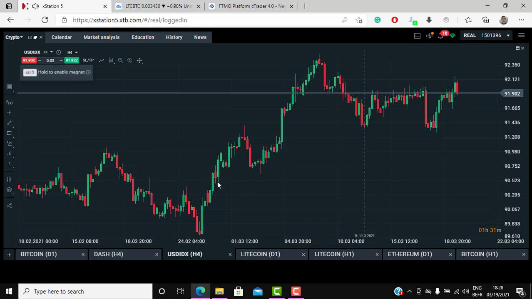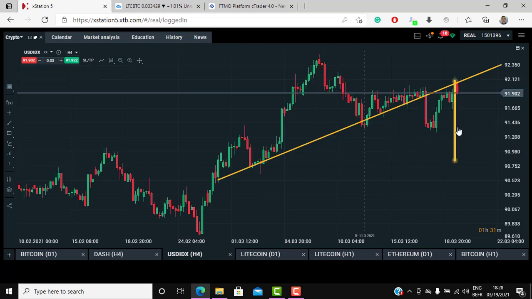If we draw the neckline here, so what we did, this is the head, this is the shoulder, this is the head, this is the shoulder. We went below it, we backtested here, and right now we're going to keep going below it. And I think that this is going to propel the dollar a lot lower. And if the dollar goes lower, this gives us a target of around